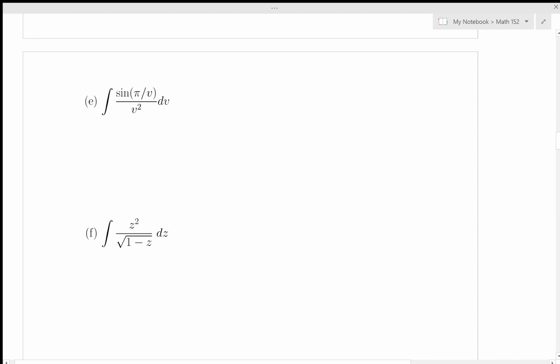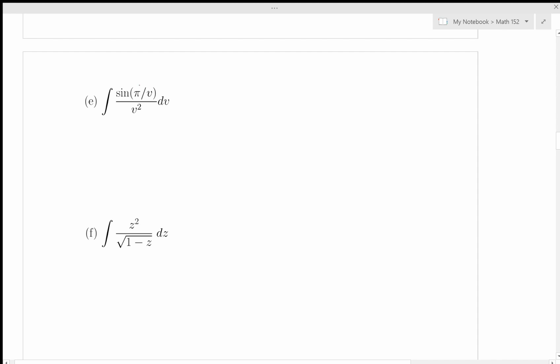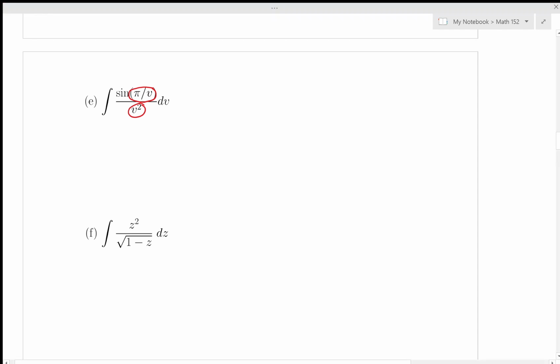I'm looking at this sine of pi over v divided by v squared, and I'm thinking, okay, hang on a sec. If I consider the sine of pi over v, I'm looking at this thing right there, and I think maybe 1 over v, and then I see that this is the derivative right here. 1 over v squared is effectively the lion's share of the derivative of 1 over v. So that leads me to the idea of making the following substitution. Let